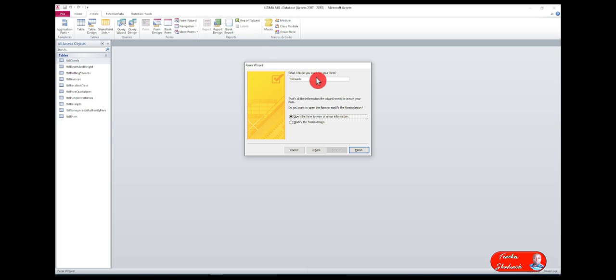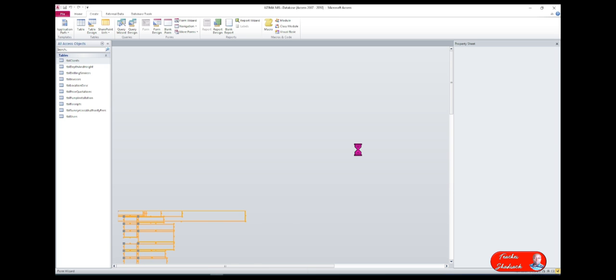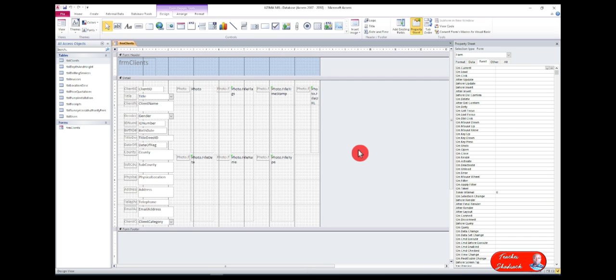Remember, what title do you want to give to your form? This is a form that we are creating, so I'll just change from TBL clients, and I'll call it FRM clients. Not a table. This one is a form, and therefore I give a prefix FRM clients. Then modify the form's design so that now I can be able to manipulate the layout and so on,